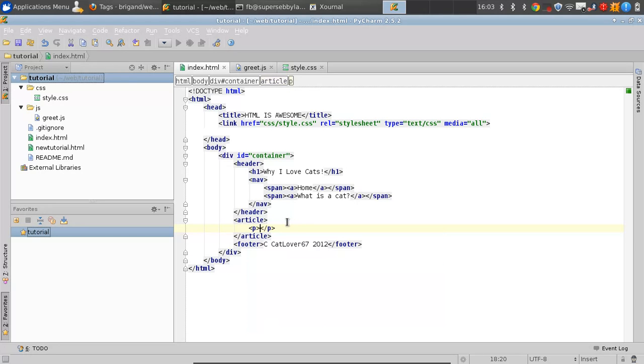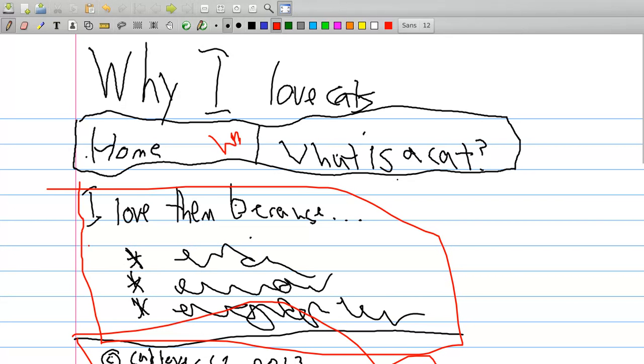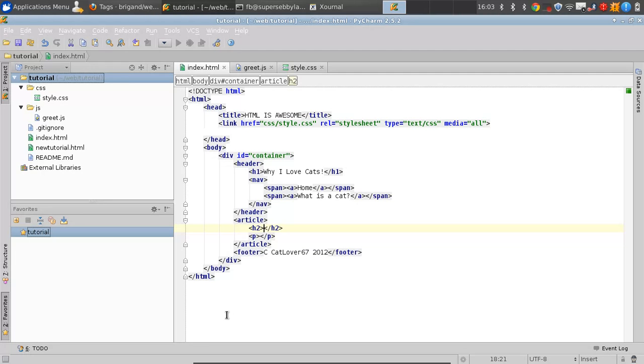So then we make a paragraph. Or rather, we'll make a paragraph, but we'll put an H2 over the paragraph. That's going to be basically the title of our post, because we want somewhat large text here. We want it to be a little bit larger than the text in here. Otherwise, we just put it all in a paragraph or two. And we're going to say, I love cats